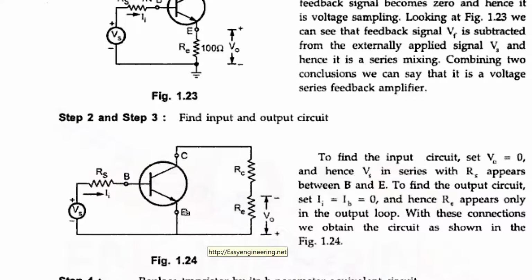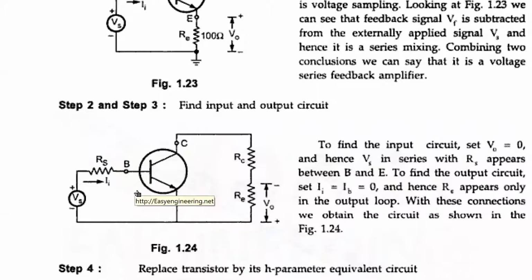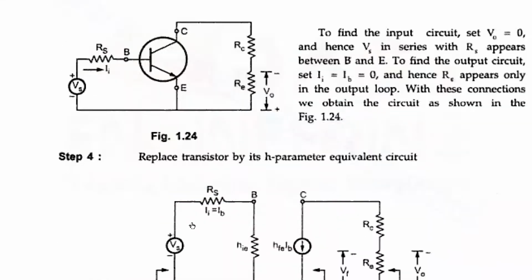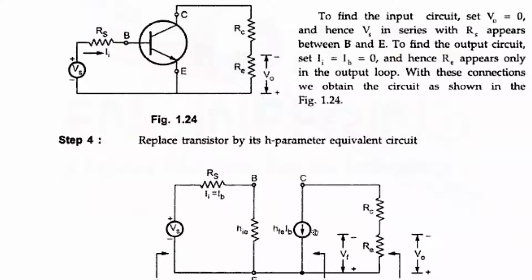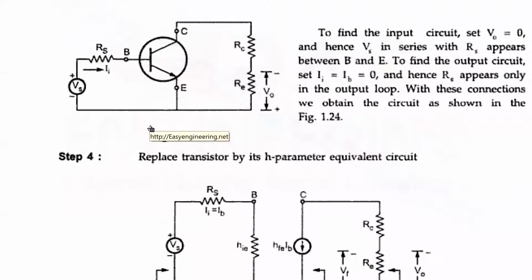Now, very easy. Same old technique that we discussed in the first unit. That is, replace the transistor by its h-parameter model. You have to check the condition: 1 by hoe should be less than RL. If the condition is satisfied, then you can use the approximate model. Study the first unit very strongly, because the same concepts we are using in the second unit and the third unit.